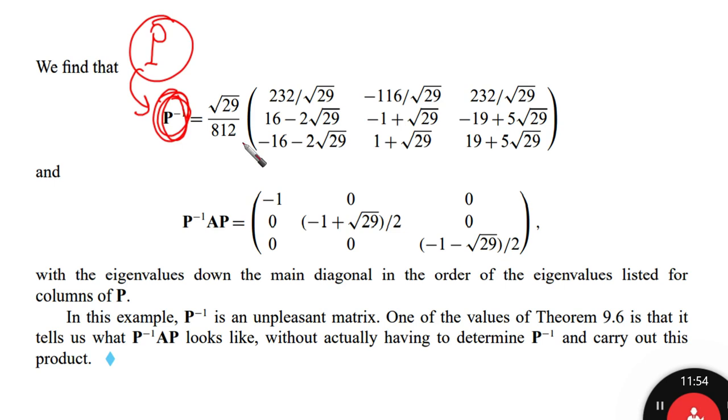Okay? Then after making it, please make this exercise, and you are going to find by one way or another that this is the inverse: the radical of 29 over 812 times these values, as you can see here. Then make the multiplication P minus 1 AP. You're going to find that the multiplication would yield on the diagonal values